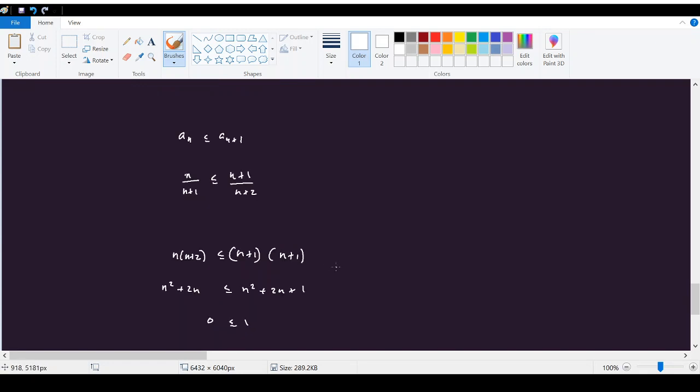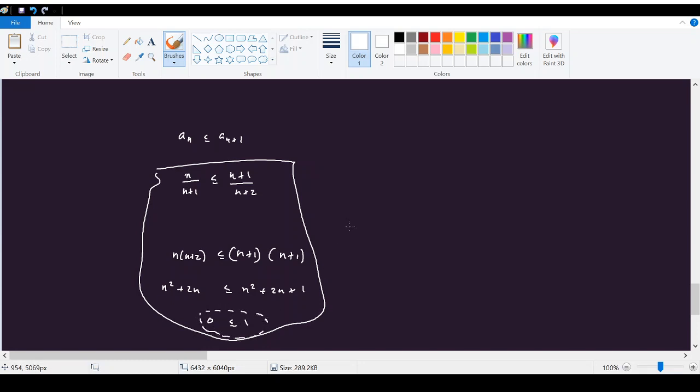And to prove the monotonicity, as I explained before, we can use this back calculation method. Or in other words, this is the rough work that you should do. And you can start your real answer from this step. So you can start with this one, which is a true statement, and then you can add 2n to both